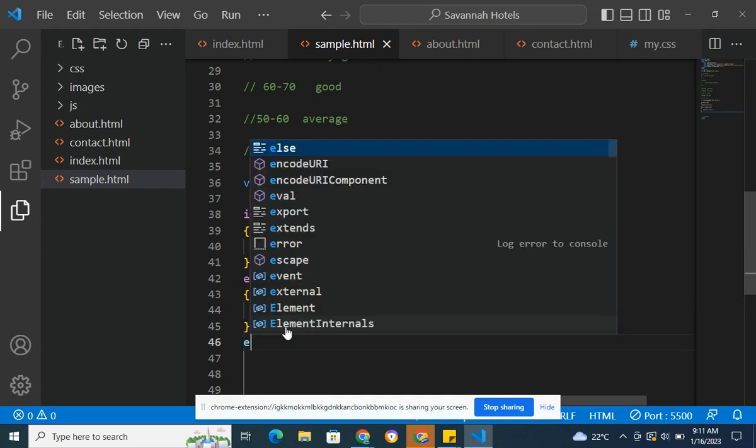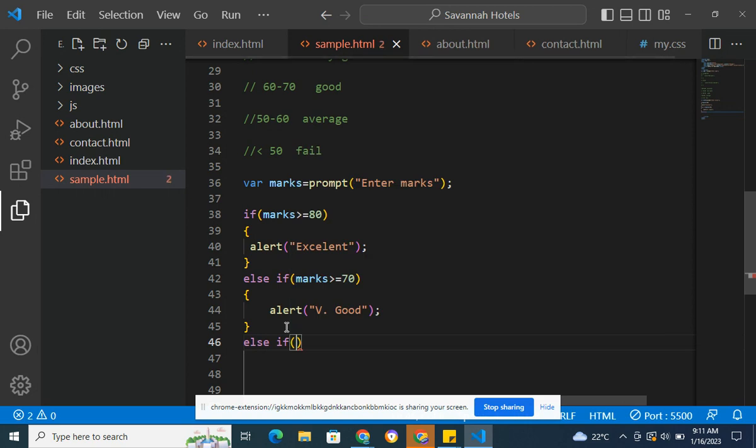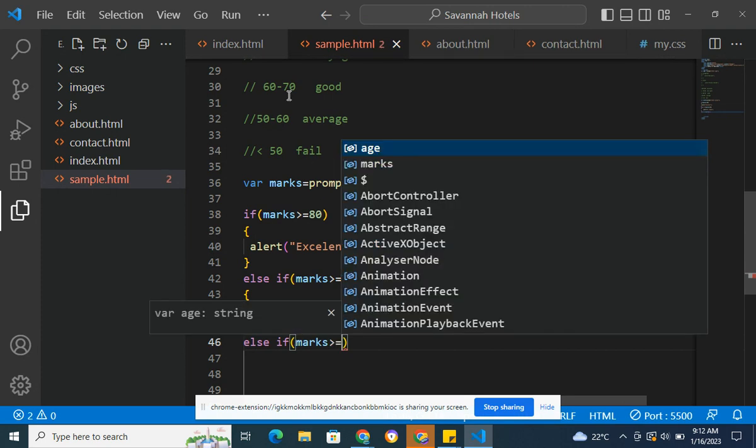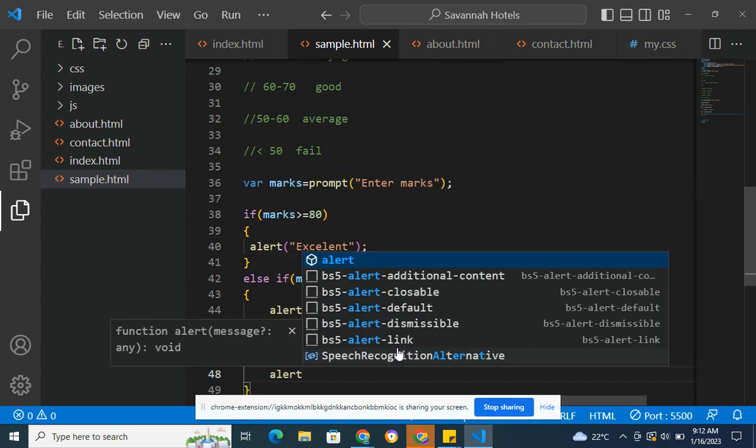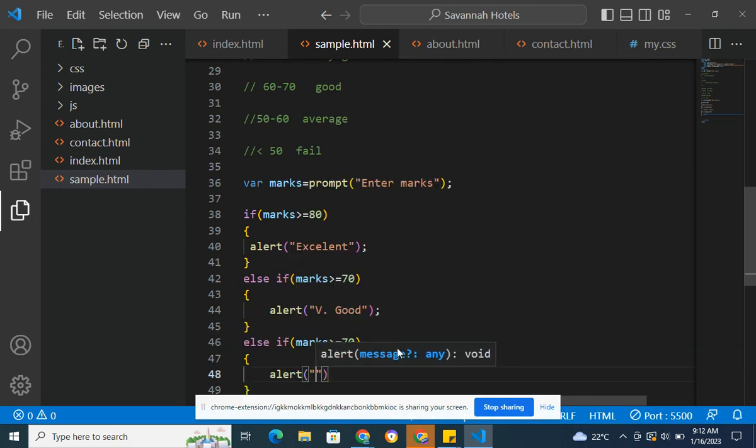Another else if another condition, of course our max again greater than or equal to 70. Then now we tell the user using an alert, we tell the user good. Oh, sorry, this is greater than 60. Tell the user good. And then another